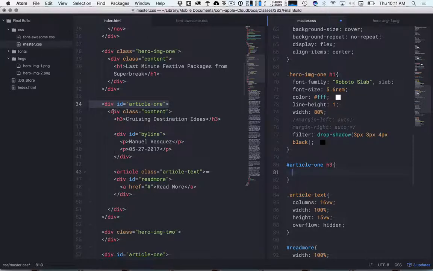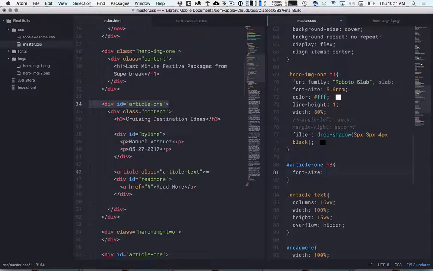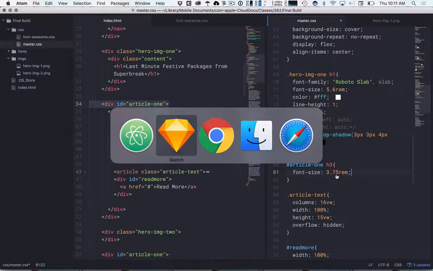If we did the right angle bracket, it would be looking for an H3 that was an immediate child, right? Does that make sense? You guys remember that from Tuesday? So we'll do the space, and then we'll just do font size. What did I say? So 3.75 rem. Also on this one,